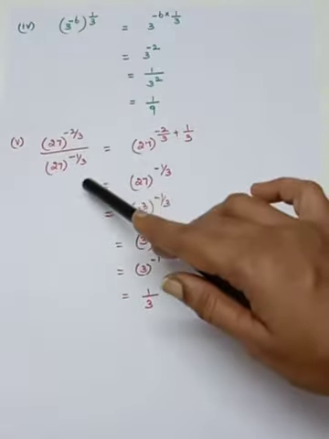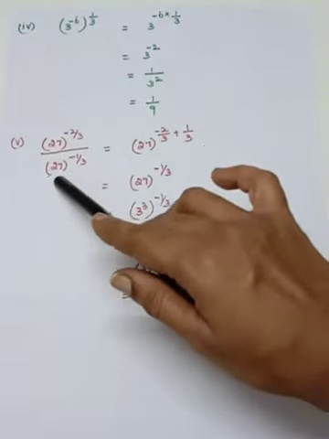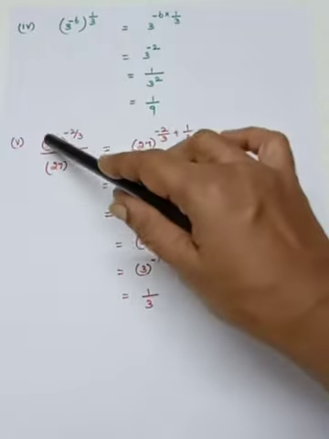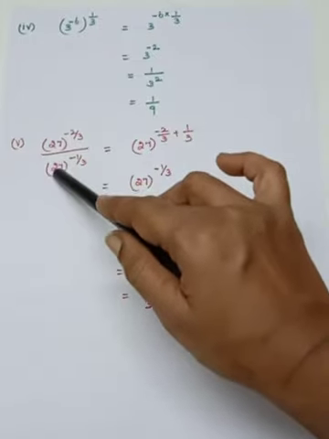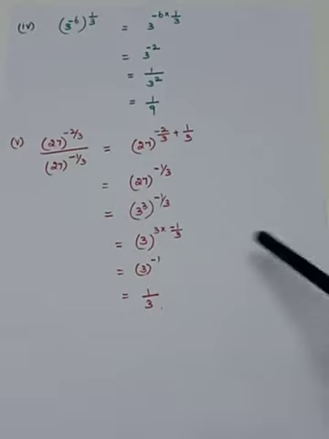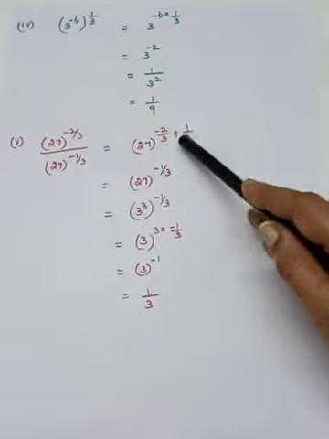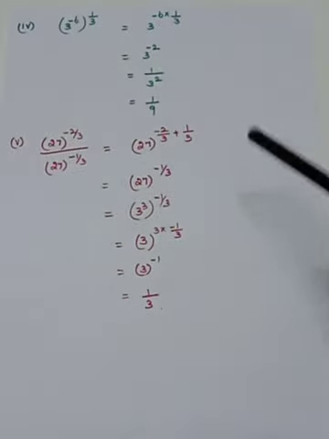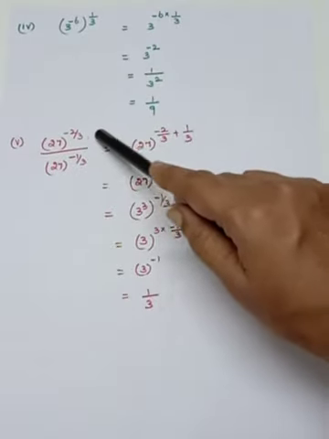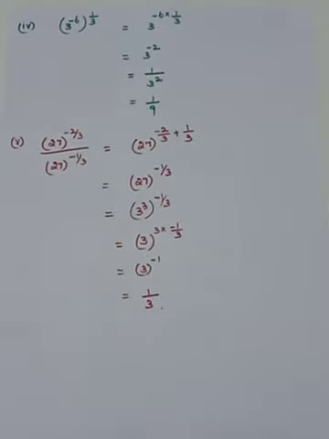And you see here the fifth one, subdivision: 27 to the power minus 2 by 3 and 27 to the power minus 1 by 3. They are in division. You look at the base, the base is same. They are in division, so we have to subtract the power. So it is 27 to the power minus 2 by 3, you have to subtract, so minus of minus 1 by 3 will become plus 1 by 3. Got it clear? When you take it to the numerator, it is positive. Okay, that also you can do it.